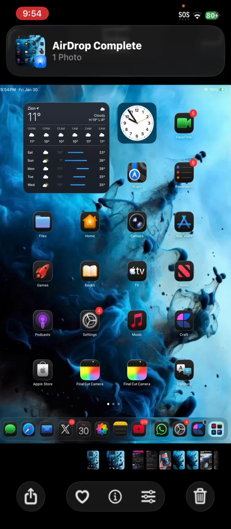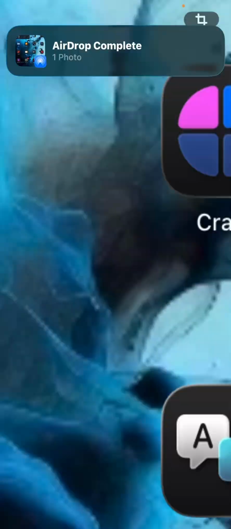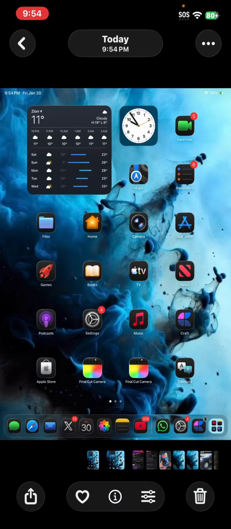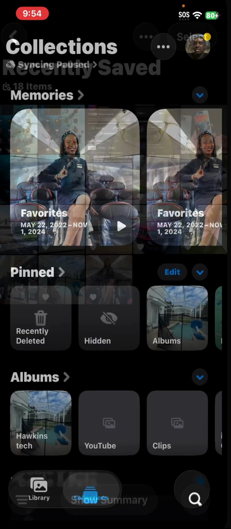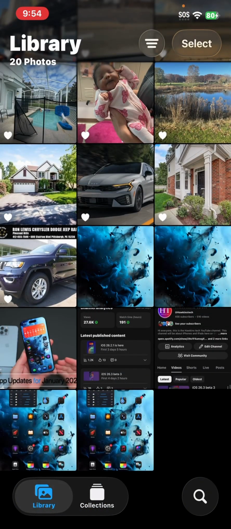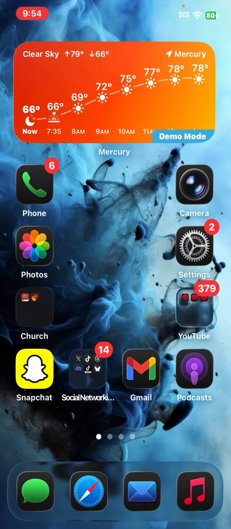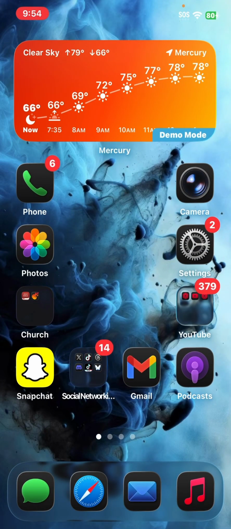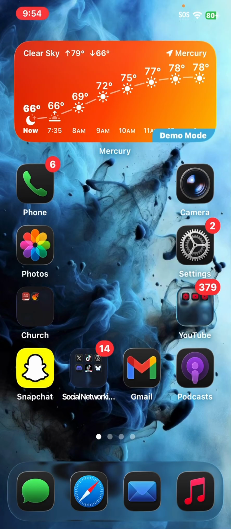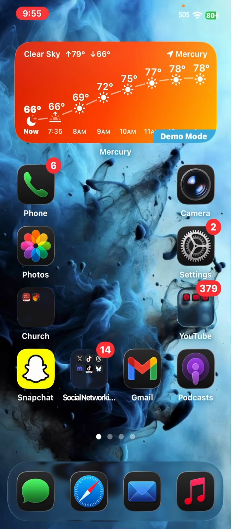So taking a look here at my iPad, you can see when I went into the Craft app, it automatically popped up on my iPad. That is part of AirPlay and Handoff. If I go ahead and AirDrop another picture, see if I screenshot,